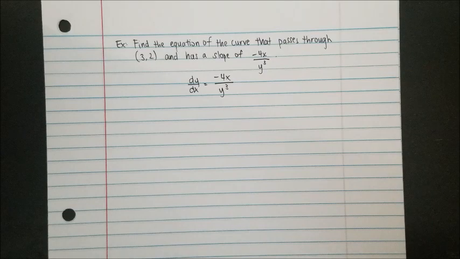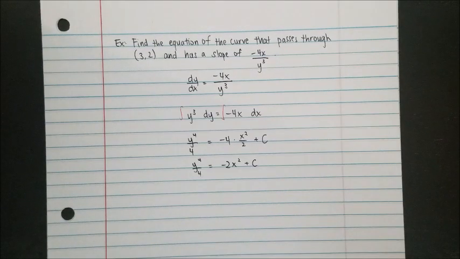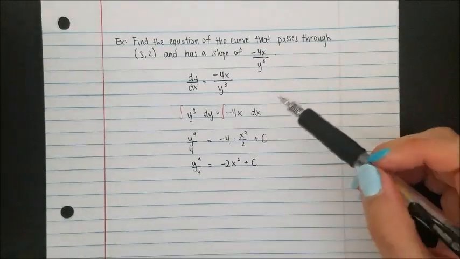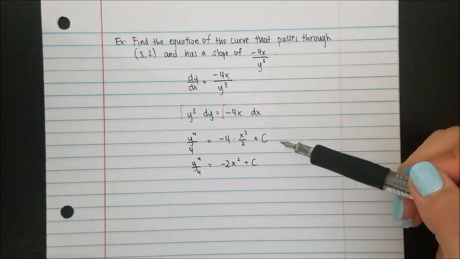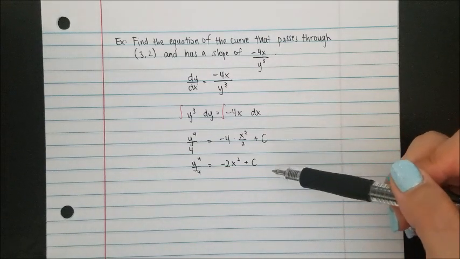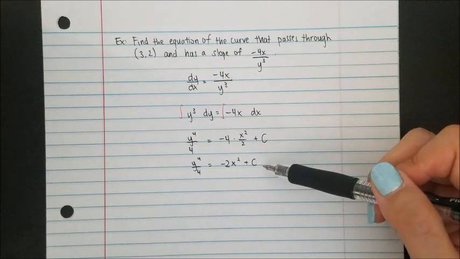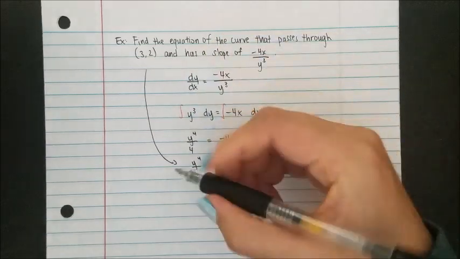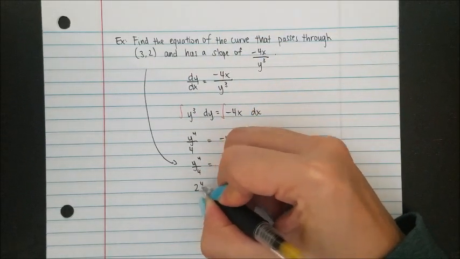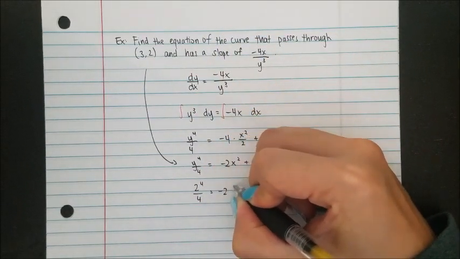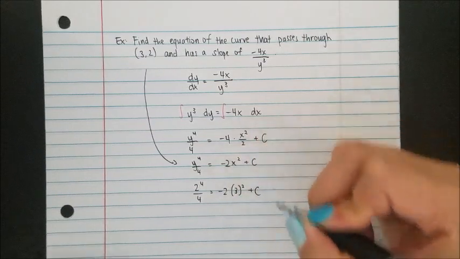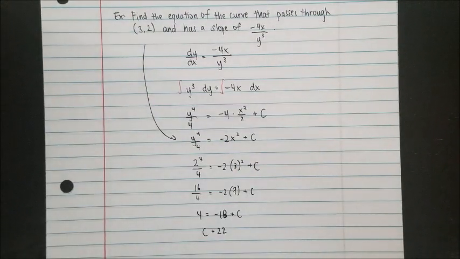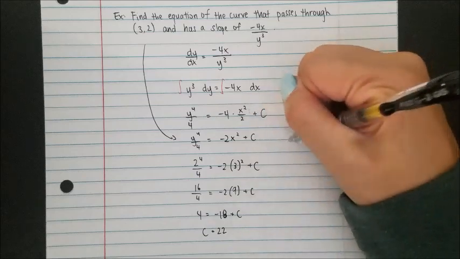So at this point, let's find our general solution. So I separated my variables, and then I integrated both sides to get y to the 4th over 4 equals negative 2x squared plus c. Plug in my initial condition to get c equals 22. So from here, plugging back into my general solution,